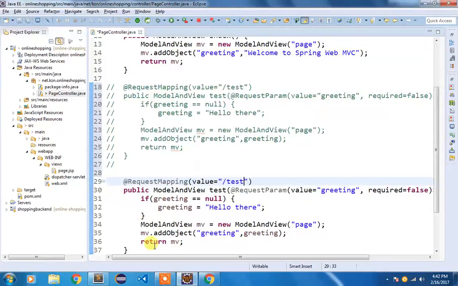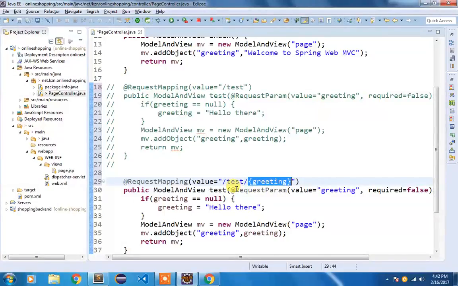Now to make use of @PathVariable, first thing you need to use curly braces here. These curly braces indicate that the value for this particular variable that I'm going to write, that is greeting, is dynamic. The value for this greeting would be dynamic, so it is specified using curly braces.